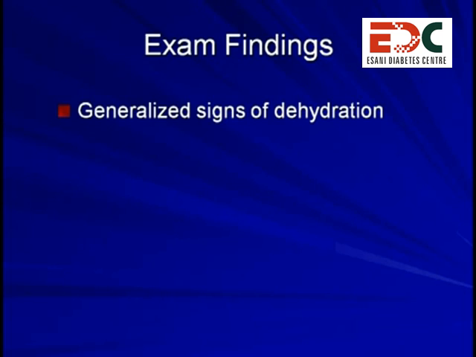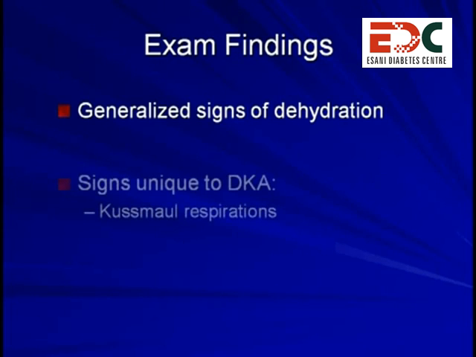There are two interesting signs unique to DKA. First is the eponymously named Kussmaul respirations. These are respirations that are of normal rate but excessively deep, such that the patients will have an elevated minute ventilation. The mechanism for this is presumably increased respiratory drive as a consequence of low arterial pH. However, it's not clear why this finding is much more commonly described in DKA than in other forms of metabolic